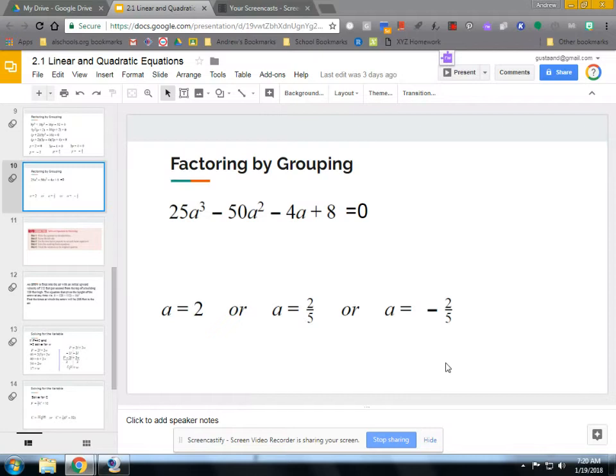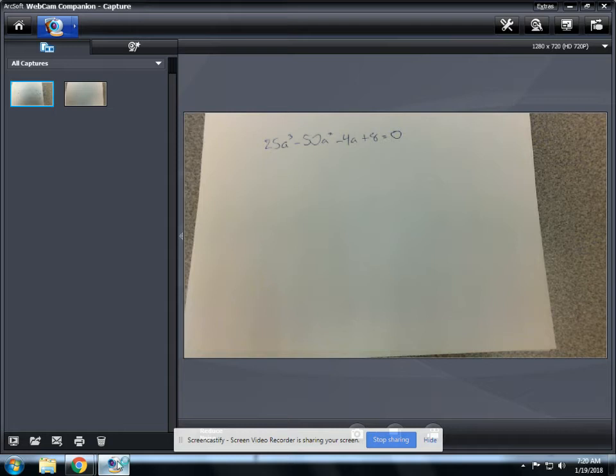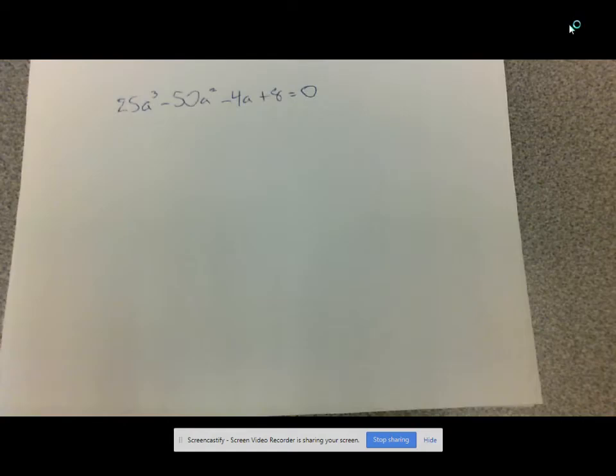We are looking at solving this problem. I showed the solutions, and I didn't talk about how to get there. So I'm gonna go through this problem a little bit slower, and we'll go step by step. So